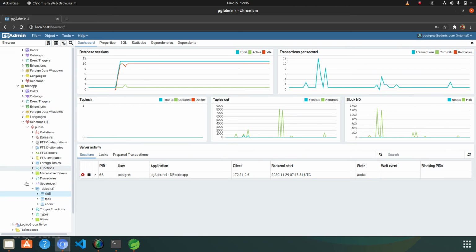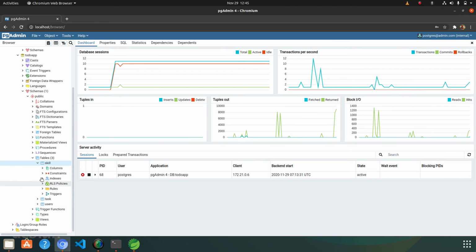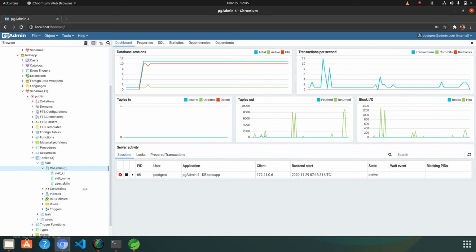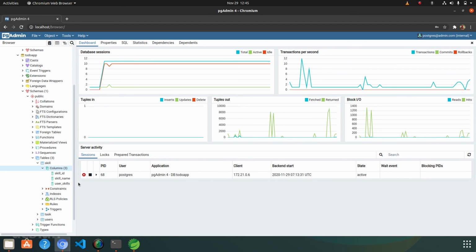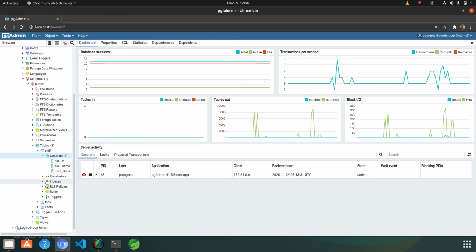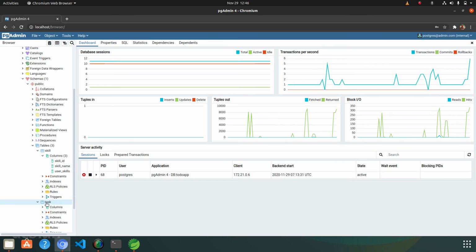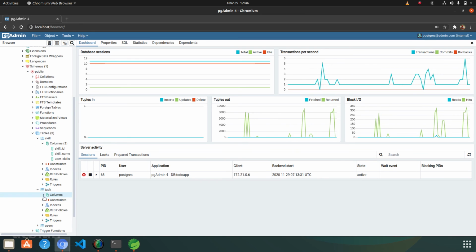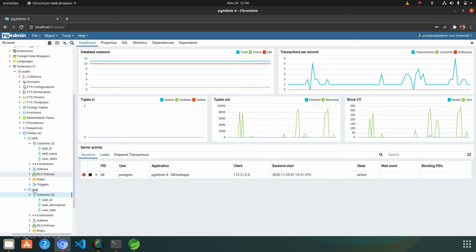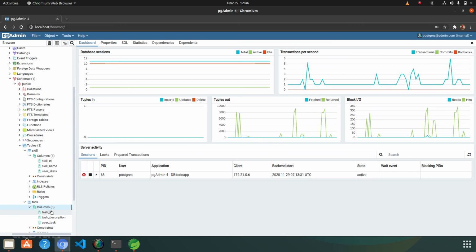Let me show you. Let's open the skill table and check the columns. You can see that skill ID is created, skill name is created, and the users related to skills. For the task, the columns are task ID, task description, and the user task, meaning the user which is assigned to that task.